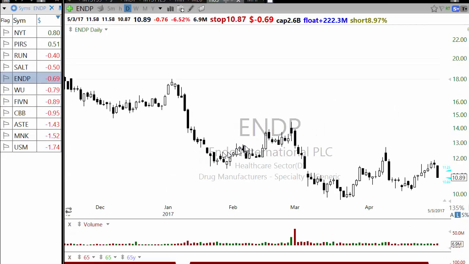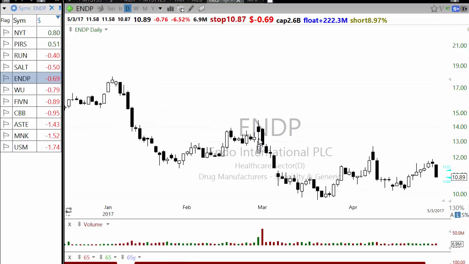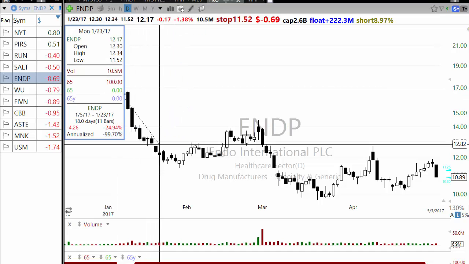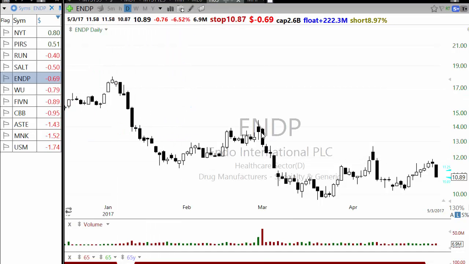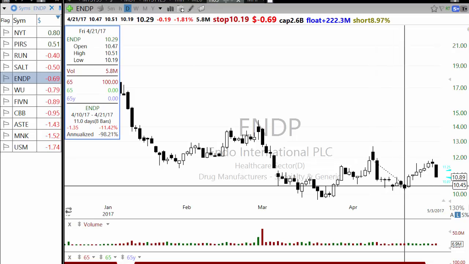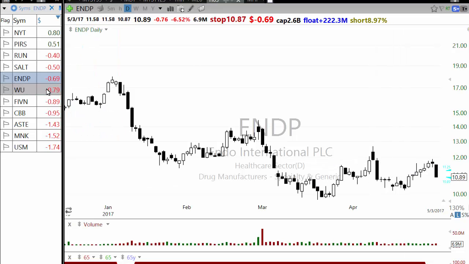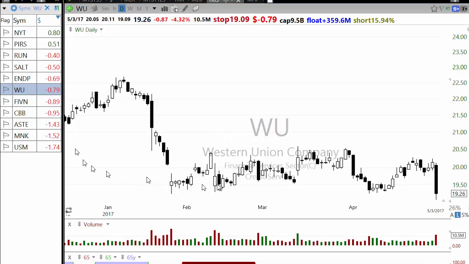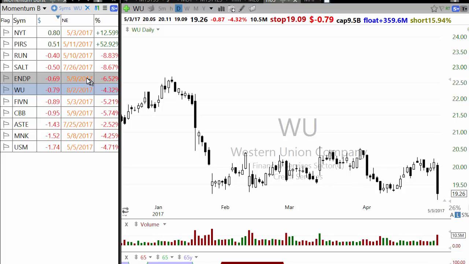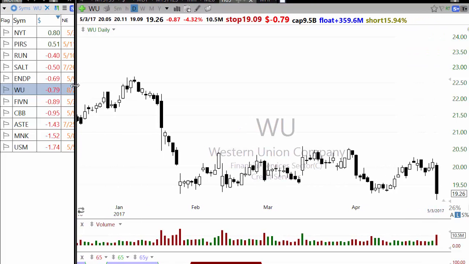Similarly, Endo International, which is a pharmaceutical play, is breaking down here. See, last time, a couple of times it had a breakdown here. It had a 30% down move here. It had a 26% down move here. It had around an 11% down move. So the stock tends to follow through. Just keep in mind the earnings. The earnings is on 5/9/2017. That is in 6 days. The earnings is there, so that's something to keep in mind.